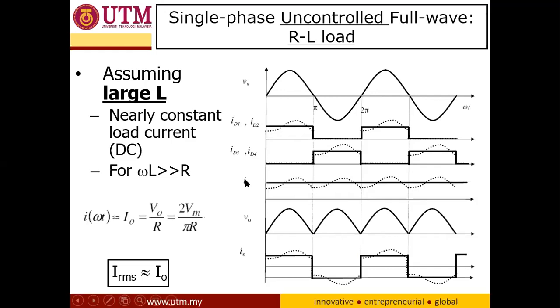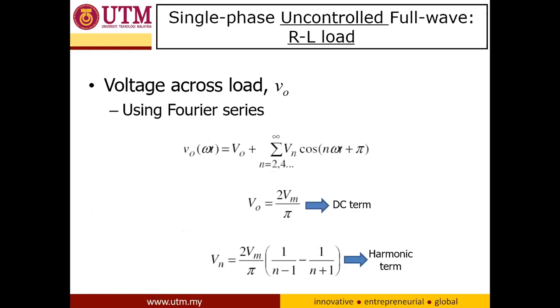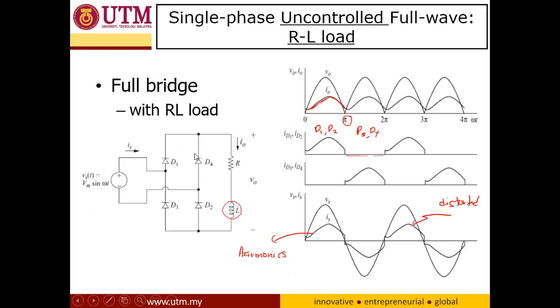So how does it happen? Why, when omega L is larger compared to the resistor? This is how we prove it. Let's consider that, using Fourier series, the V out, which is the rectified sinusoidal here,